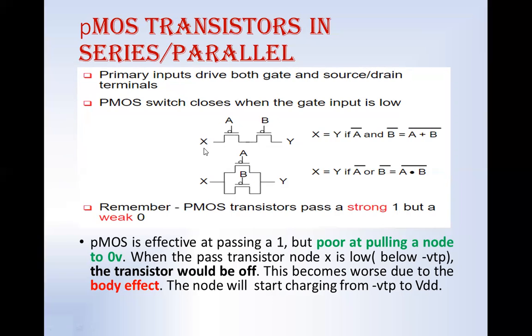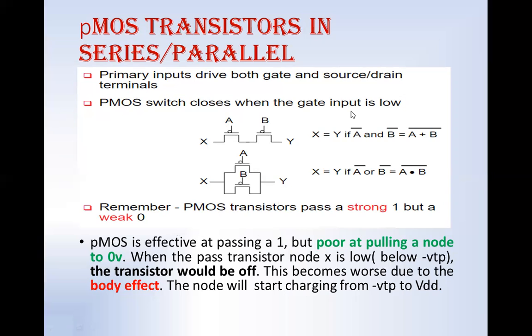And when I increase this value of X to 1, then 2, 3, 4 like that, up to VDD, with a 0 already applied on logic A and VDD applied on X, the difference is far beyond the VTP, so logic 1 will be transferred without any problem. So in the PMOS case, logic 0 transfer is the problem, but logic 1 is not a problem. It allows logic 1 perfectly, but logic 0 only down to VTP. So the logic levels are minus VTP to VDD, whereas in the NMOS case, 0 to VDD minus VTN.